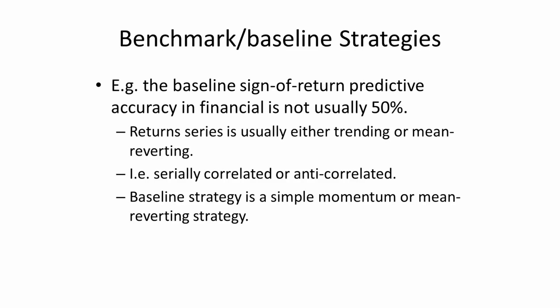Or if you find that the return series is anti-correlated, that is to say that the price series is mean reverting. The price series mean reverting means that the return series is anti-correlated. So if that's the case, then you would say, well, if the past 10-day return is positive, I would expect the next 10-day return will be negative. And that would already give you an accuracy of better than 50%